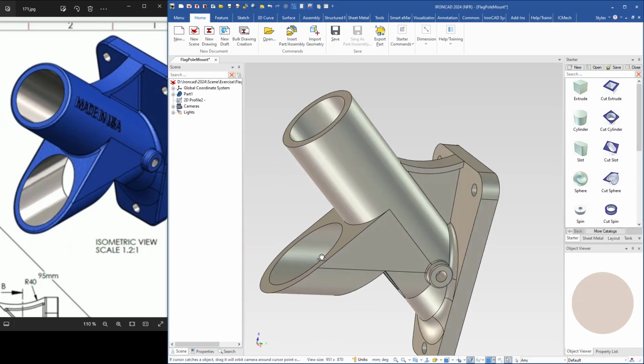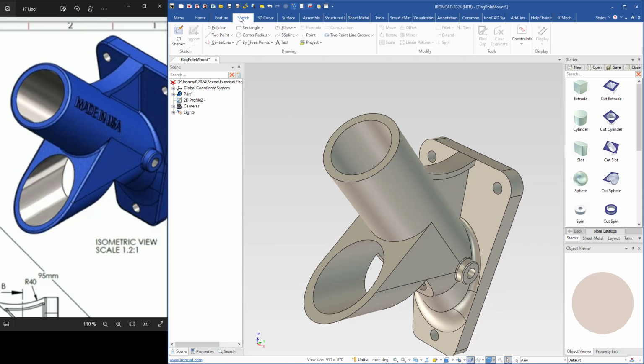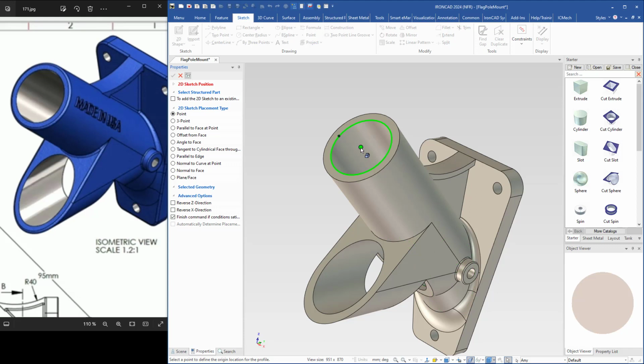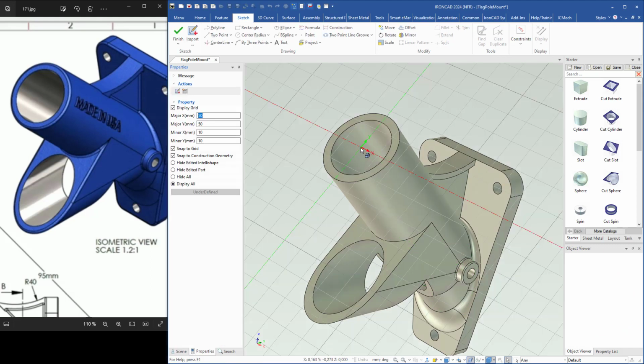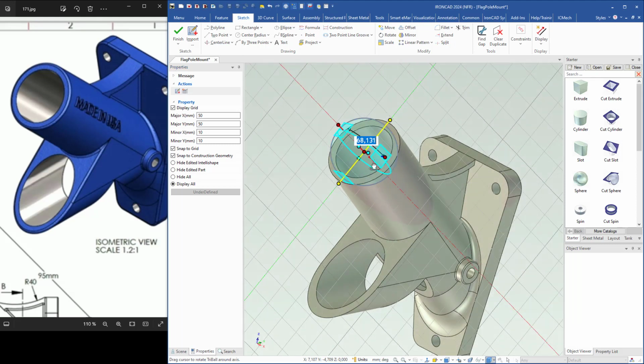So to do that I will need a sketch. So I come up here to Sketch tab, select 2D sketch. Click here on the midpoint or center point, turn on the triad, rotate this sketch or the grid 90 degrees in this direction,